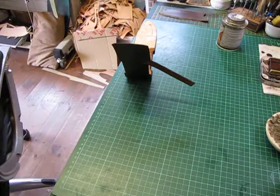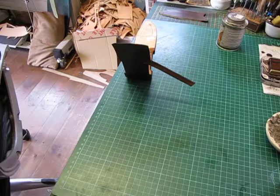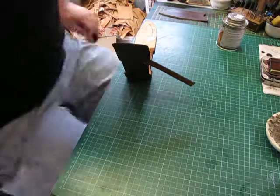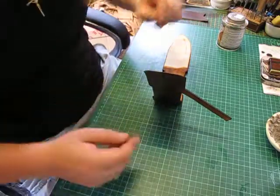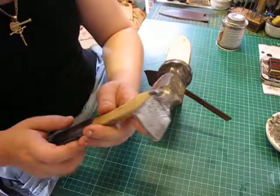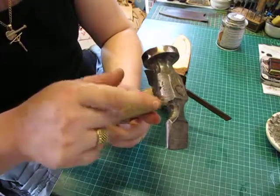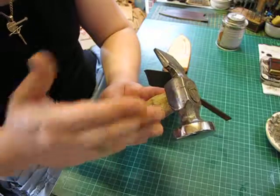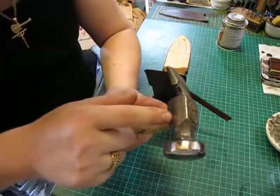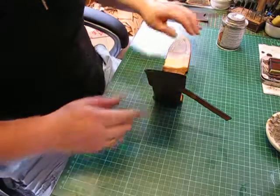Okay, let's pop these hammers back a second. Okay, I've got a couple more in the other one. Right, what I'd like to do one day with these guys is get somebody to put some scrolls and stuff on one of these and really pretty one of these up for me, like when they do the guns and they groove out all the, I can't think of the word I'm looking for, when they put all the patterns into the metal. I'd really love to have one of these hammers done like that one day, or maybe learn it myself and have a go, or anyway,